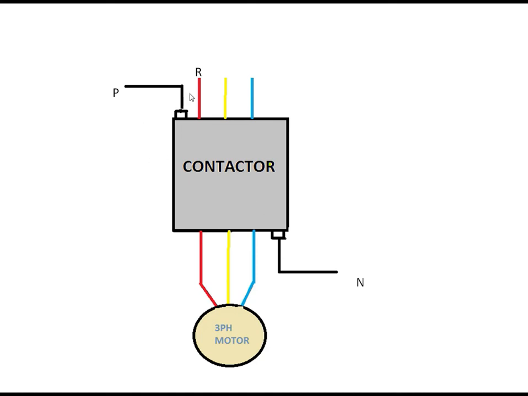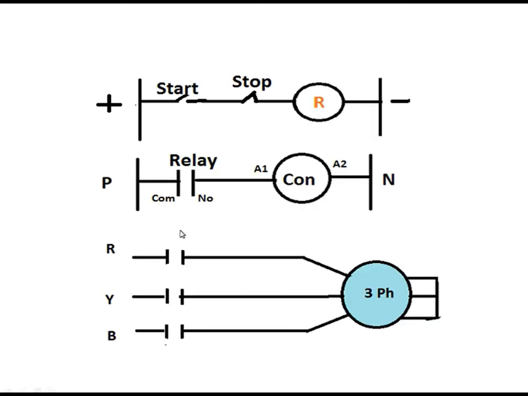I have taken the R phase, Y phase and B phase. So this is the basic diagram, you have to check it. See here, this is the overall diagram to run the three-phase motor, guys. Here I have given positive and negative because we are taking the supply from the PLC. When you are dumping the program, your start will activate. When you start, your relay gets activated, then the relay NO becomes NC and your contactor will turn on.